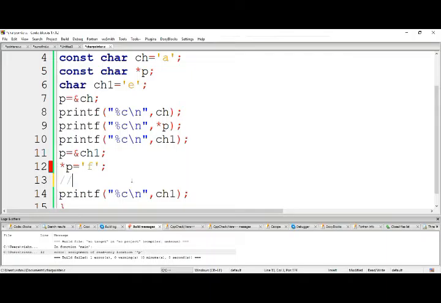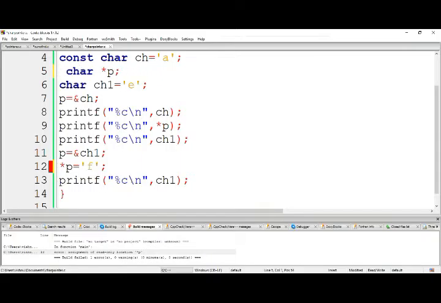Next, let us try to understand one more thing here. If I place it like this, what happens? Is there any problem? If I place it like this, is there any difference between the previous one and this one? There is no change between the previous one and this one. The same thing will be represented.